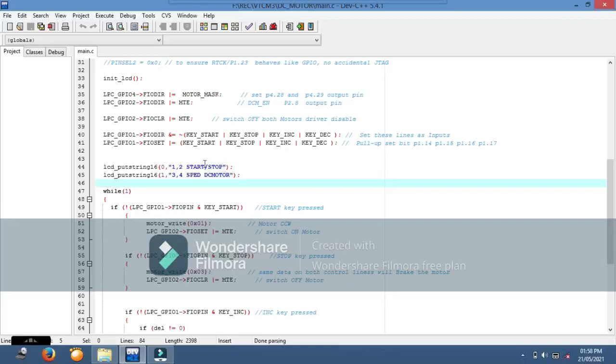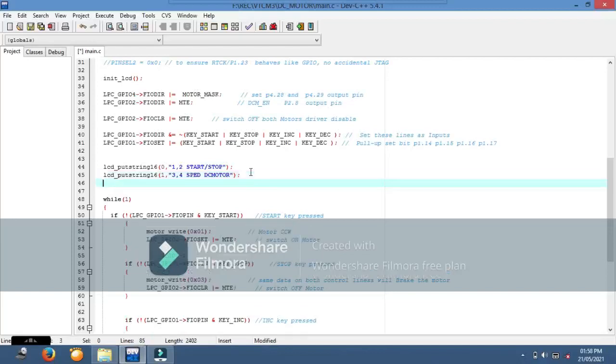So the first line displays that keys 1 and 2 are for start and stop, 3 and 4 keys for the speed, and this experiment is for the DC motor. Then a little delay also you have to put here for proper display.